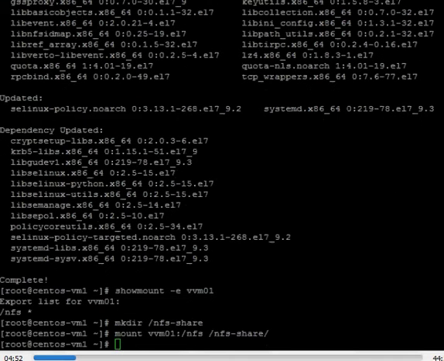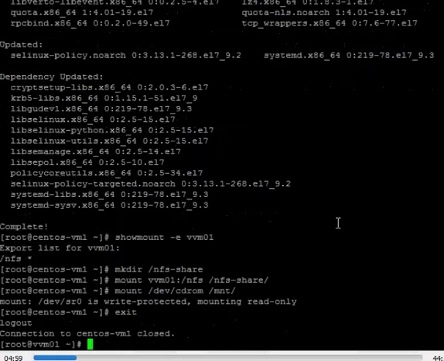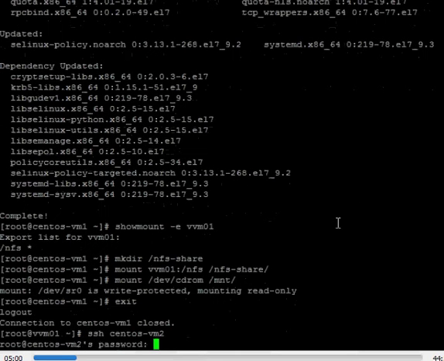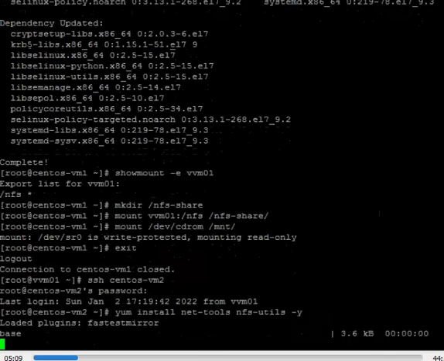We have created the folder. Now we are going to mount the NFS mount point on the NFS share. Everything is temporary, nothing is permanent, because I have not updated the fstab.